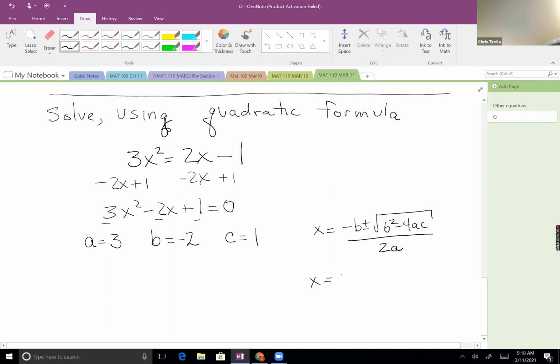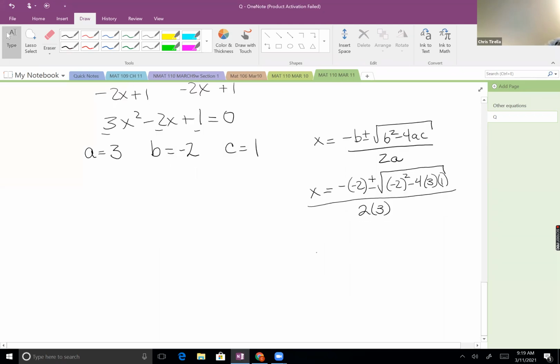When we substitute in, we get then the negative of b is -2 plus or minus the square root of -2 squared minus 4 times 3 times 1 over 2 times 3. So that gives me, oops, I made my line a little bit too long. That gives me 2 plus or minus the square root of 4 minus 12 would be -8